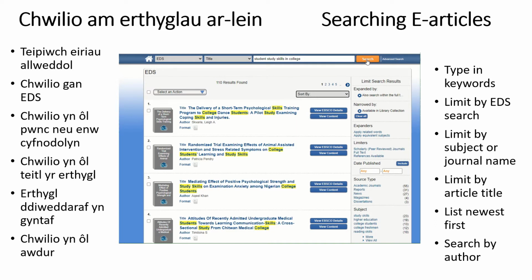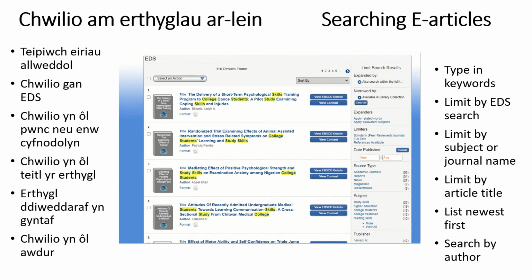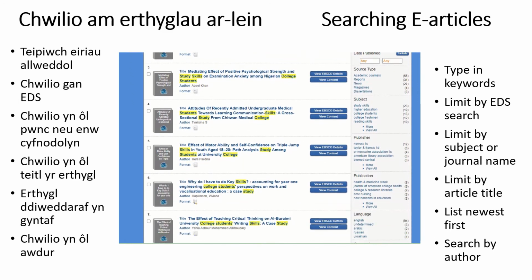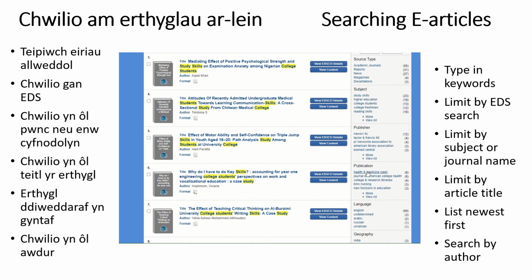The sidebar on the right-hand side of the screen has extra headings and options to help you. You can set a date range to limit the results to a particular time frame. The subject heading is a useful shortcut to find other keywords and searches in relation to your topic. The publication heading shows the names of the journals the articles came from, and clicking on the publication name automatically brings up other relevant articles with your keywords from that journal. This also highlights what other journals would be relevant for your subject.